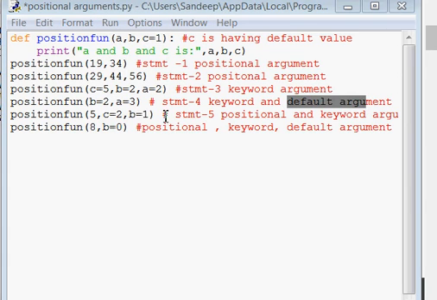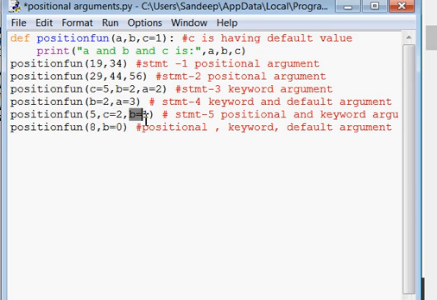For statement 5, it will give the first value to A, because the first argument you have used here without name. So it will work as positional argument. First value will be given to the first argument, and in the second you have given the name of the variable, and that is C, means C will have 2 in place of 1.